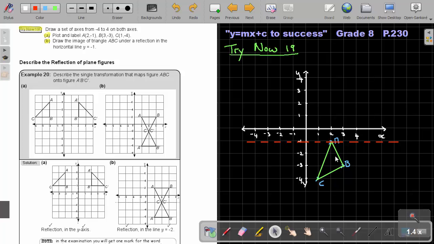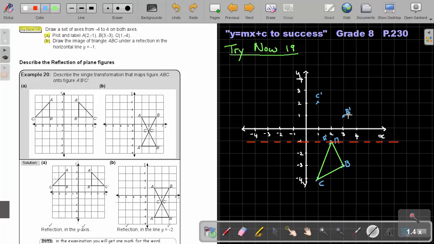Okay, so if I must reflect this in the line y equals -1, then I'm just going to start. It's on the line, so A prime will be just there. And then B, 2, and it will be 2 up from that red line, B prime. And then C is 1, 2, 3, there is C, and that's C prime.